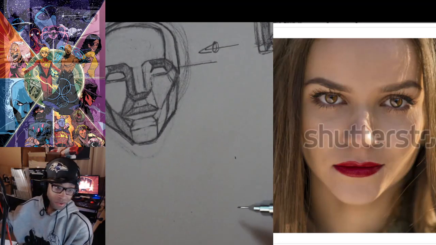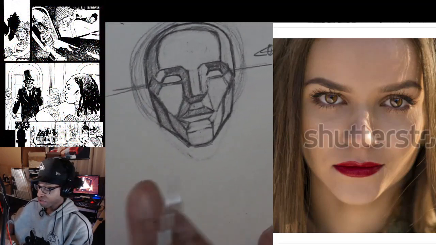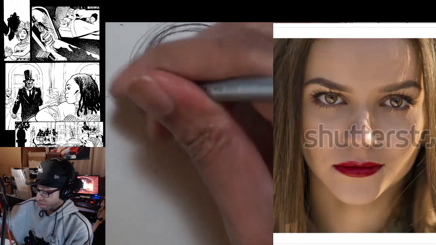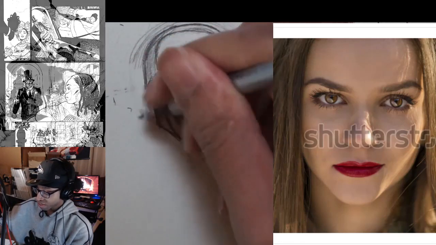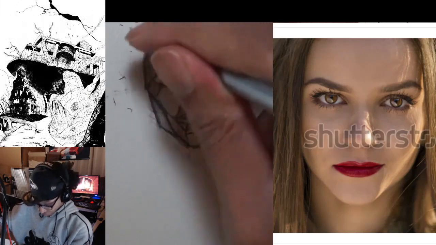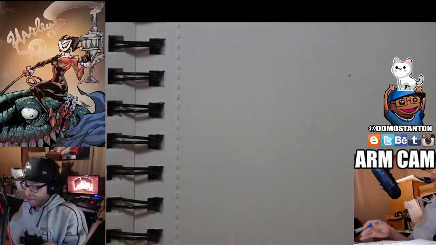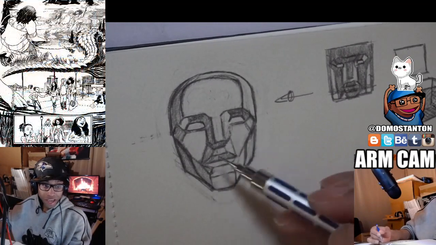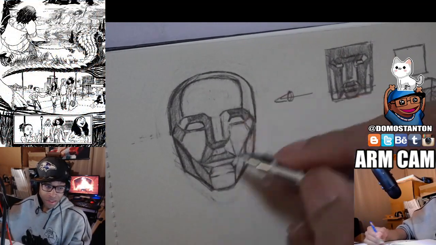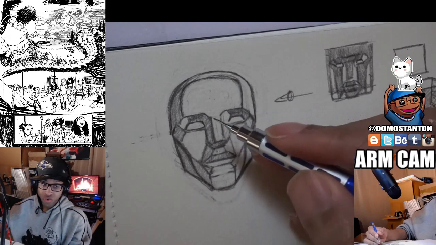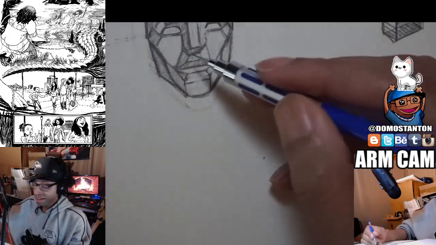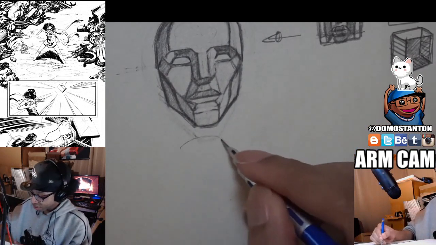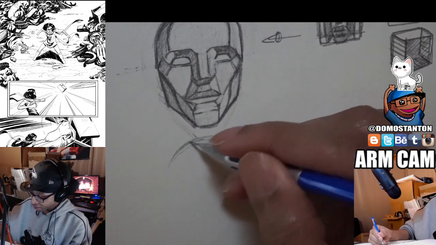So figuring out the planes of the face is 100% key to figuring out, not only how to light the face, but also how to draw the face in different perspectives. The thing is that this right here feels really complicated, but once you figure out how to do this, then you can take that knowledge